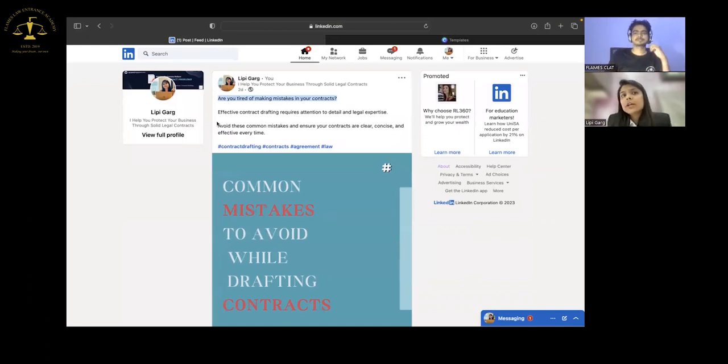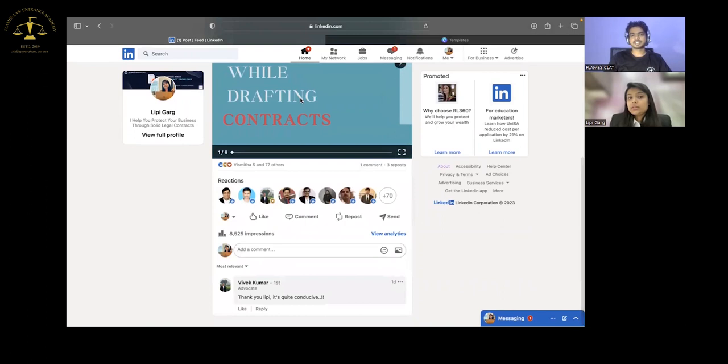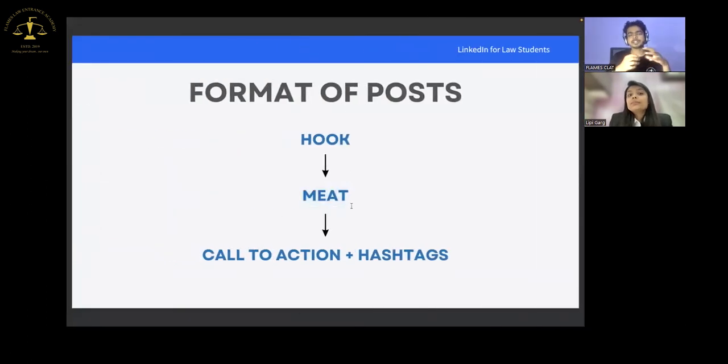Now I tell them that effective contract drafting requires attention to detail and legal expertise. Now I say avoid these common mistakes and ensure your contracts are clear, concise and effective every time. And this is the meat. Basically, in an article we first put some insight, a catchy line so that people show interest, then we put the body.